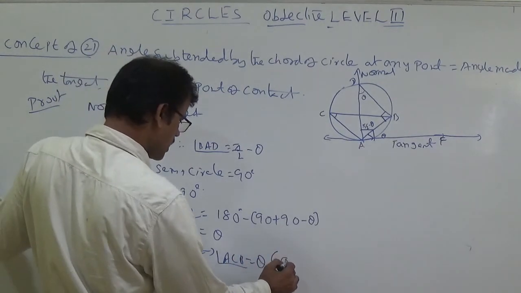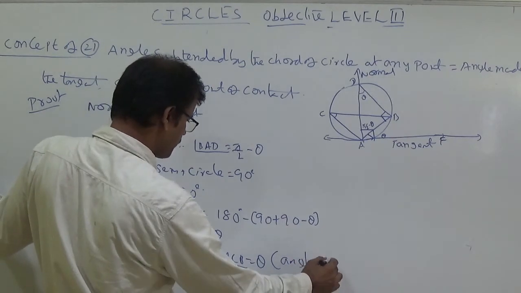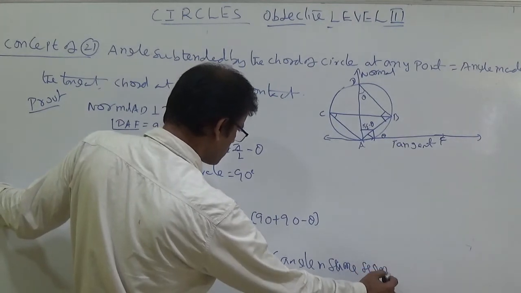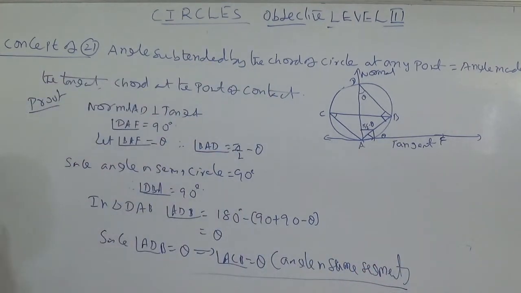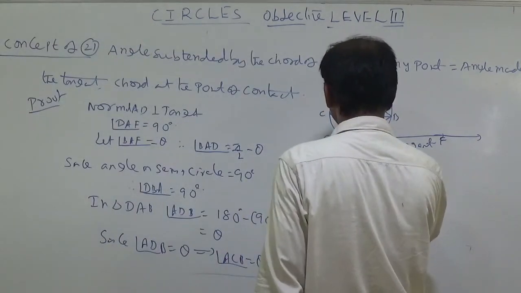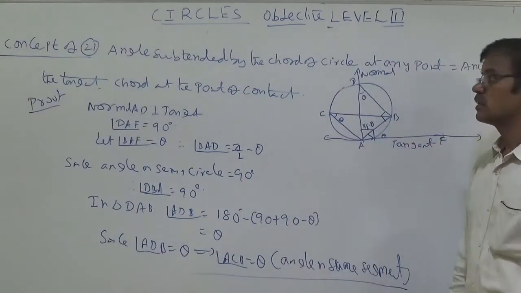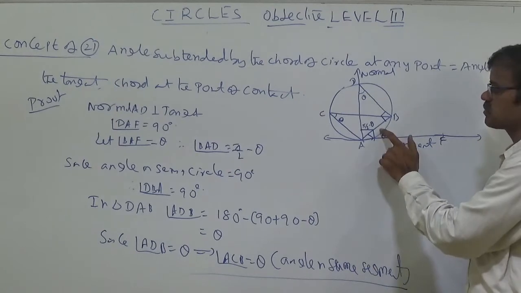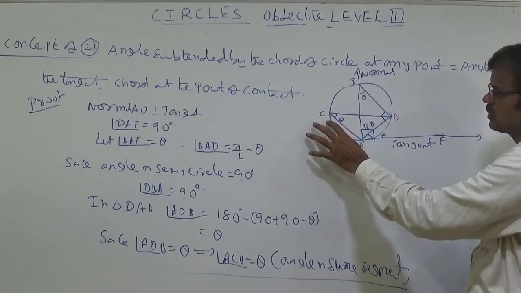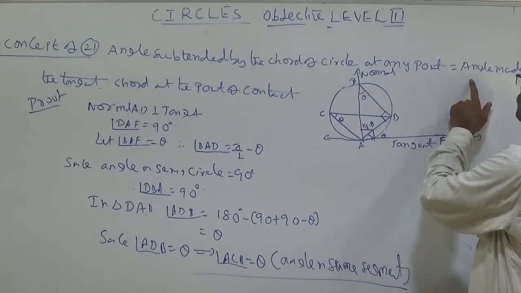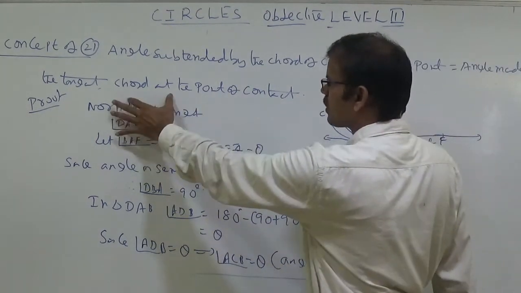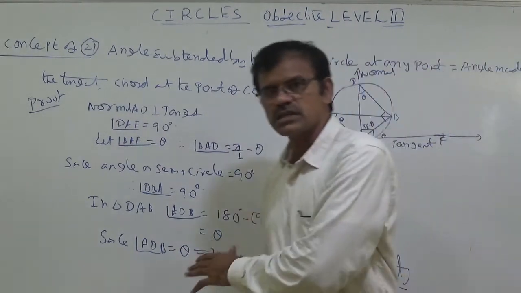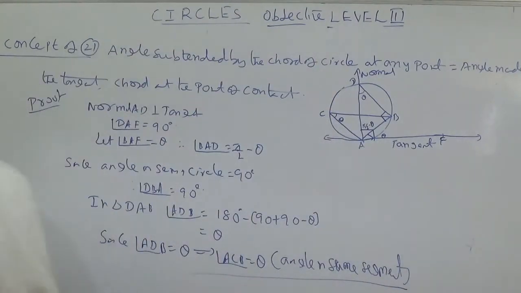The explanation is angle in the same segment. Whenever the angle in the same segment is theta, this is also theta. Now, what is happening? The angle subtended by this chord AB, that is theta, the angle subtended by the chord of the circle at any point, not only here, anywhere you can take, is equal to the angle made by the tangent and chord at the point of contact. This theta becomes this theta. Depending upon this concept, we can do that sum. This is the concept and the sum is different.